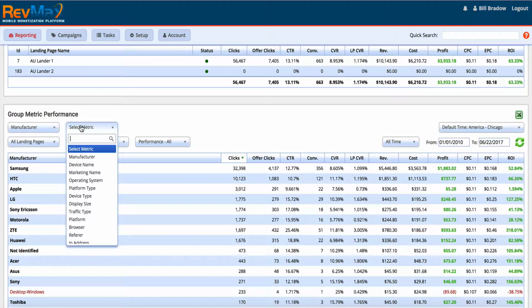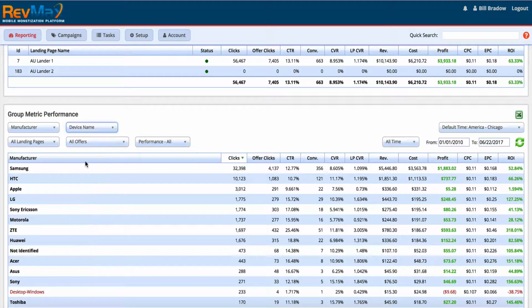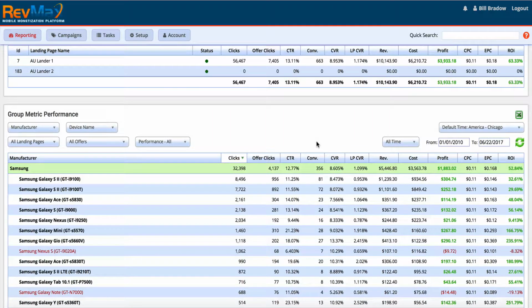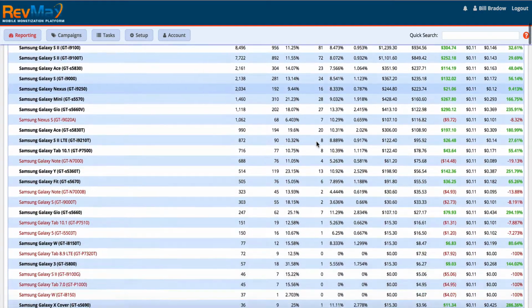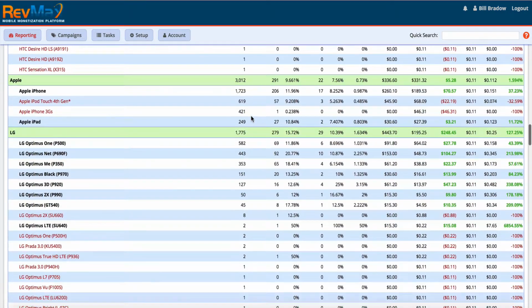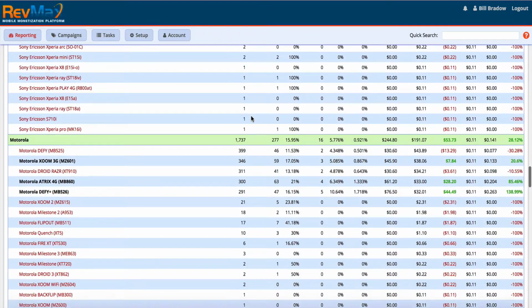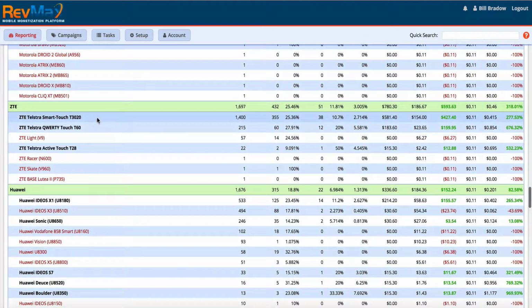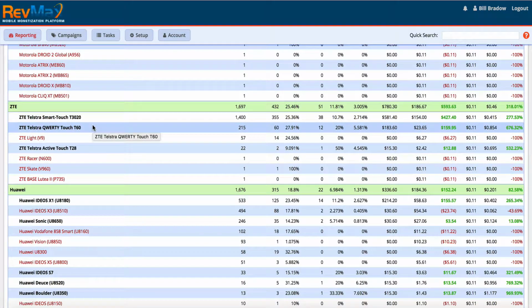Now, we can also drill down a little further. Let's say we just want to go to the device name. So this not only gives us the actual manufacturer, it gives us the device that's performing the best. And so you can see this will break down all the Samsungs, and we scroll down, and it'll show you the ones that are losing. It breaks down all the HTCs, all the LGs. So if we get down here to the ZTEs, you can see the majority of the ROI is coming from these two devices. So if possible at your traffic source, maybe you just want to limit to these devices. Now, the more granular you get, the less traffic you're going to get. That's why I just recommend starting out just targeting all the ZTE devices and then starting to pluck them out